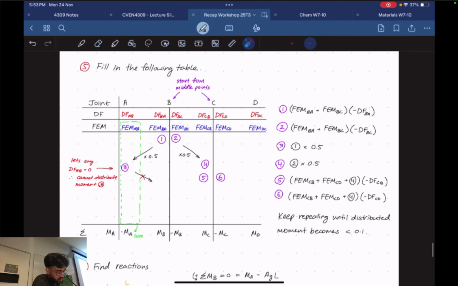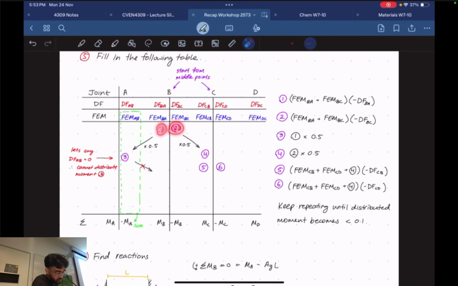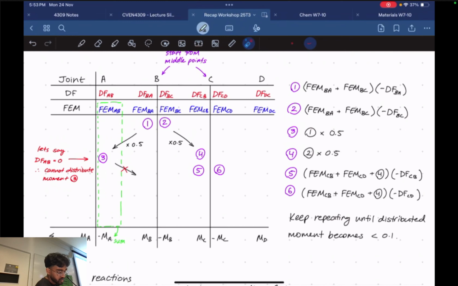Okay, what I've done over here is I've listed out some key points. So 1, 2, 3, 4, 5, and 6, and the formula for each point. If I get to see it in my exams, I'll probably refer to this. I'll be like, okay, for point 1, I'm going to add up the fixed end moments, and I'm going to multiply it by the distribution factor. From point number 2, I'm going to add up the moments, multiply by the distribution factor. Okay, now when we're trying to distribute the actual moment up here,